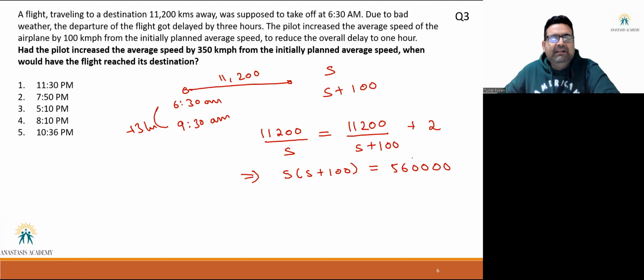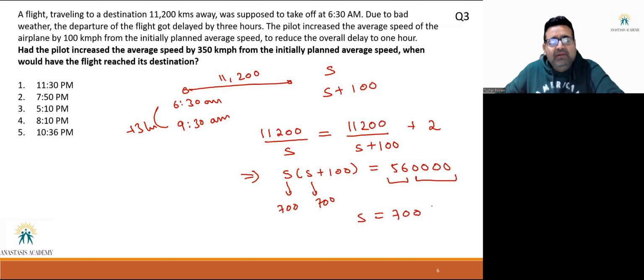Now at this stage, you can either solve the quadratic, which is again not a very difficult task, but there is an intuitive way to look at this. See, s is increasing by 100. So if I, for a moment, assume that my s is a multiple of 100, that will give two zeros from s and another two zeros from s plus 100, which will account for these four zeros. So all I need is a number which, when multiplied by its next number, gives 56, which is very easy because 56 is 7 into 8. So intuitively, this s, if I put 700 and 800 here, 700 into 800 will give me 56 and two zeros from 700 and 800. So actually the s comes out to be 700.